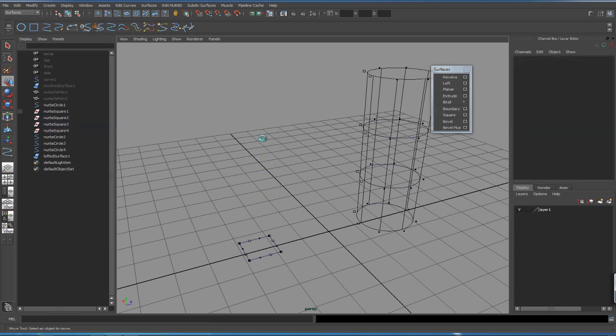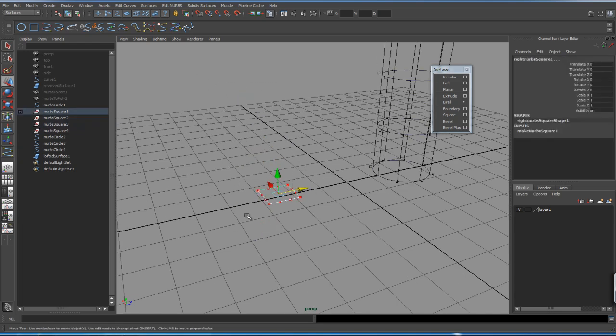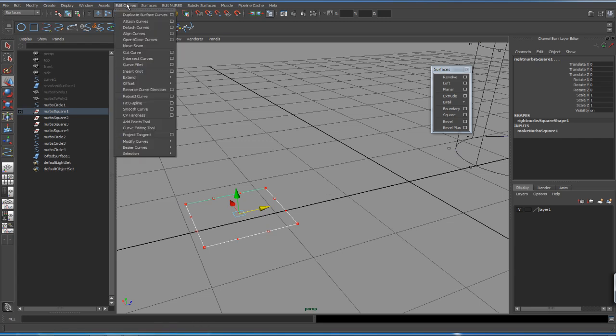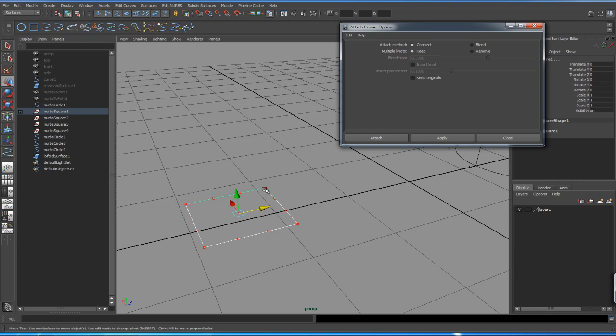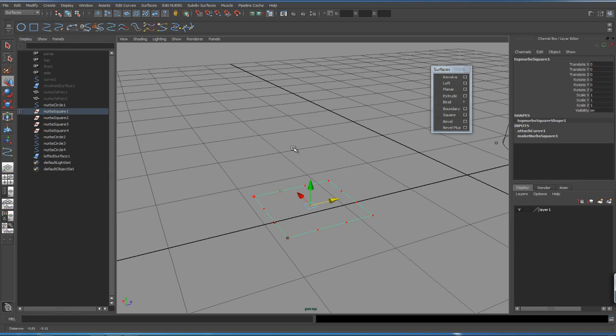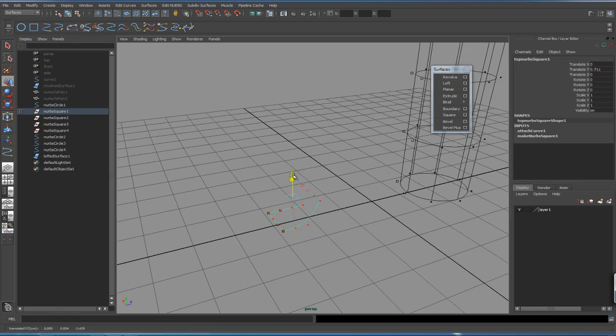So it's my recommendation that you take those 4 and you attach them first. And I would use the connect feature so that it maintains its square look. If you use the blend feature, it's going to turn into a teardrop, and that might be useful. But in this case, I just want it to stay square. And now I can take that piece